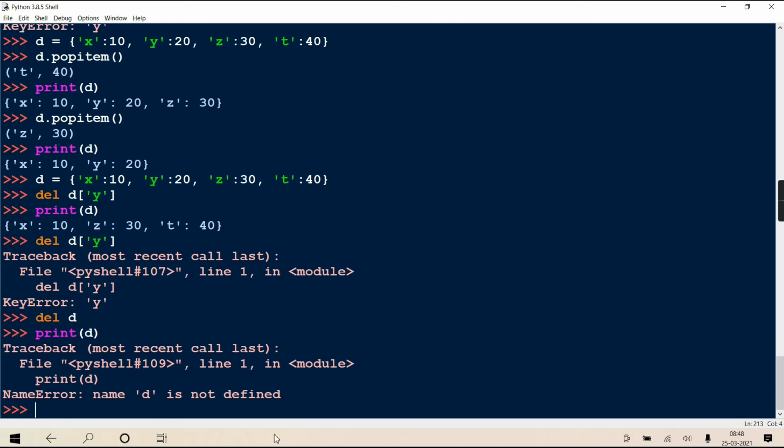Okay, now it will not be empty, the dictionary is destroyed, no? Yes or no? With del d, your dictionary itself is destroyed. So when you try to print it, it generates a NameError because it says now name d is not present in the symbol table because you have deleted it. Okay?